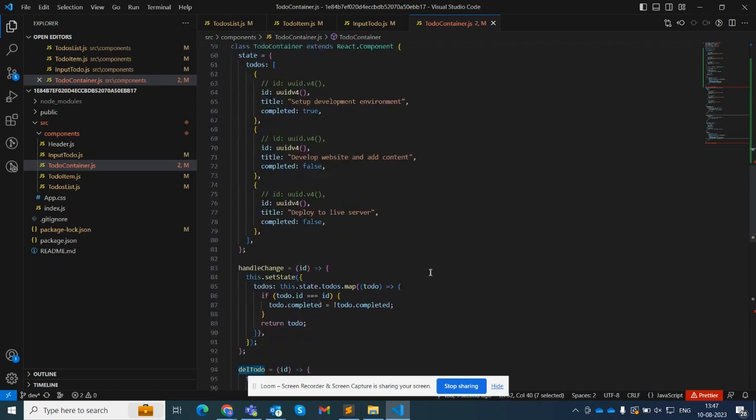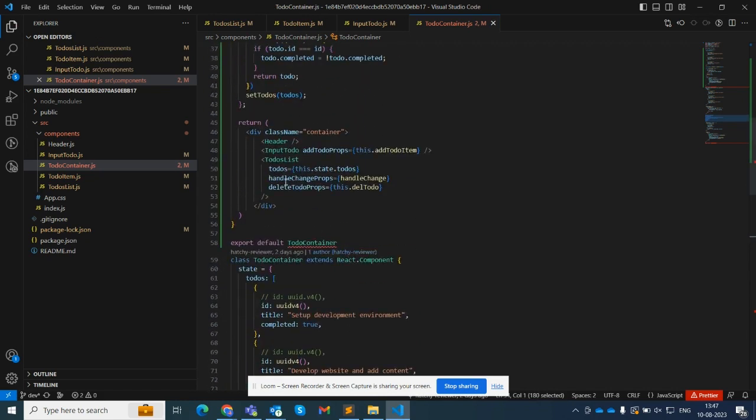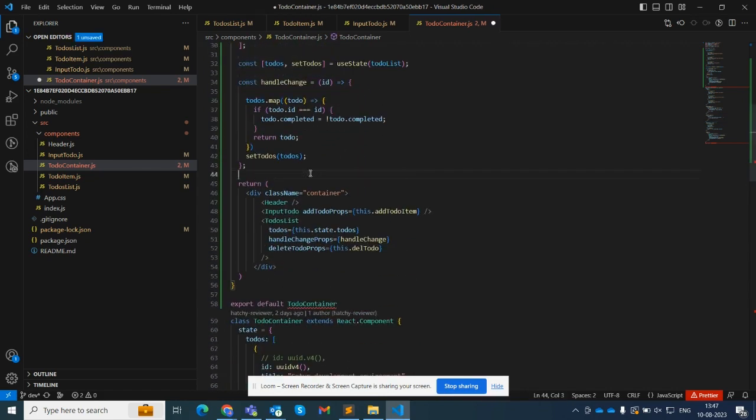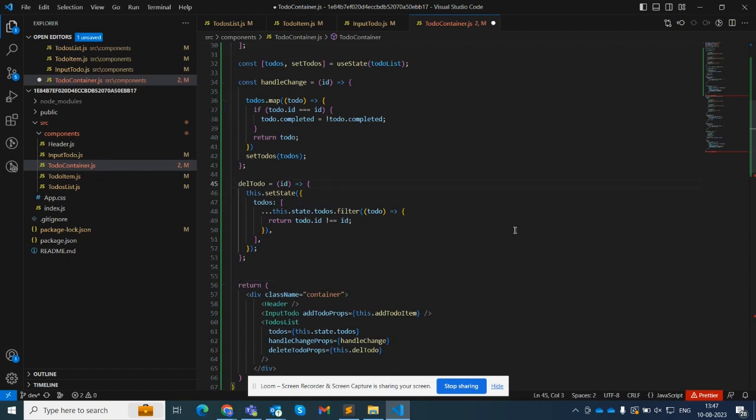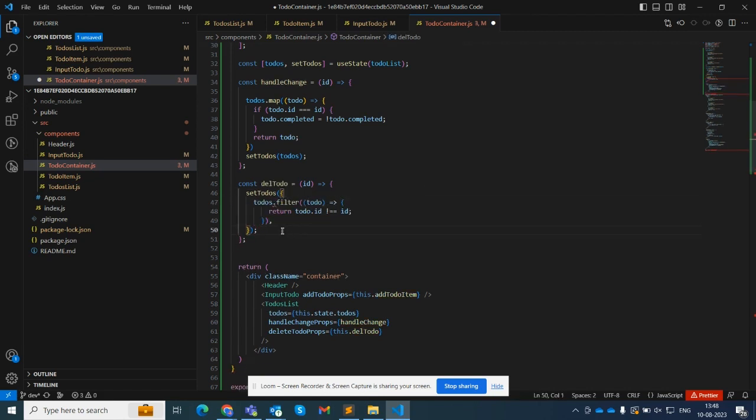Now let's move to the deleteTodo. Okay. So first declare the const. Here also the todo state is being managed, so we need to do the setTodo state directly and remove this array. We already set the state here, and for this we need to merge the previous object. So we are using this